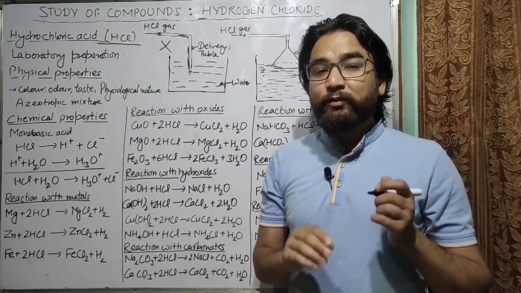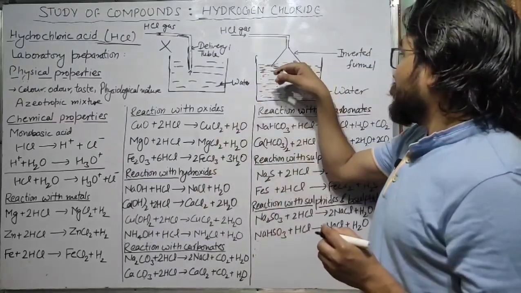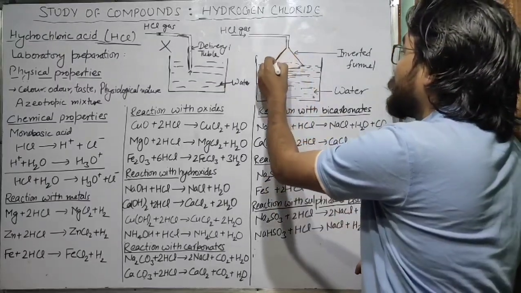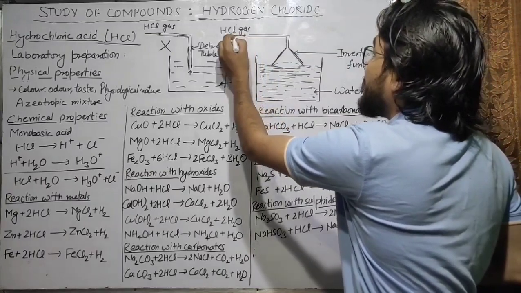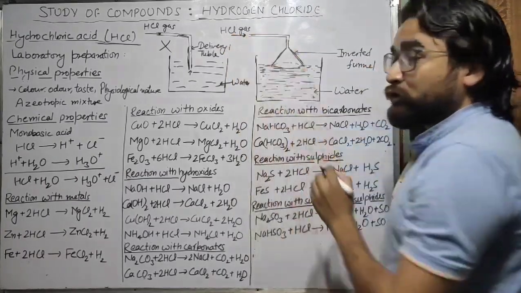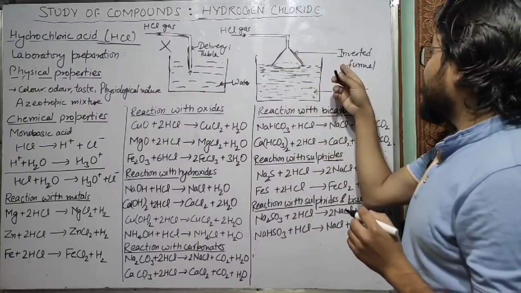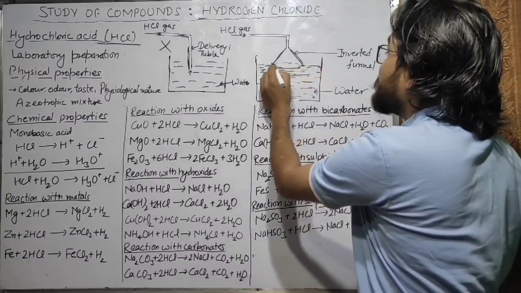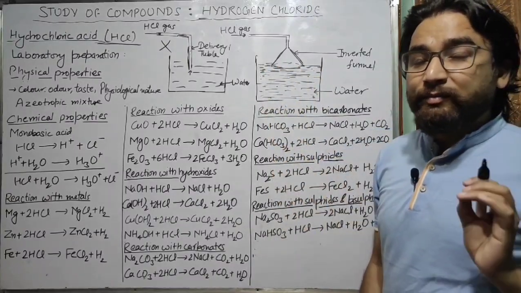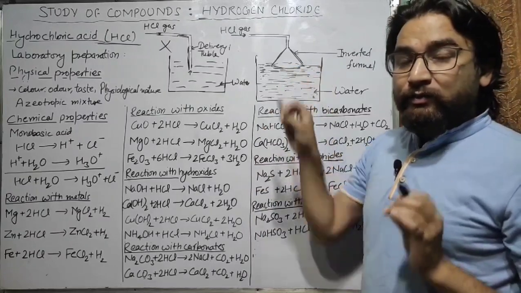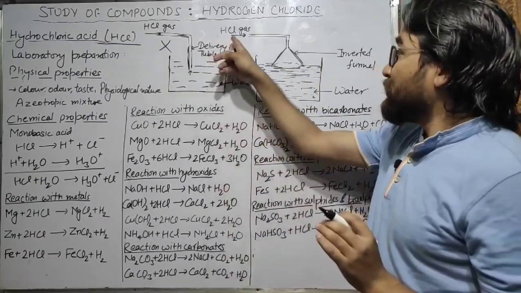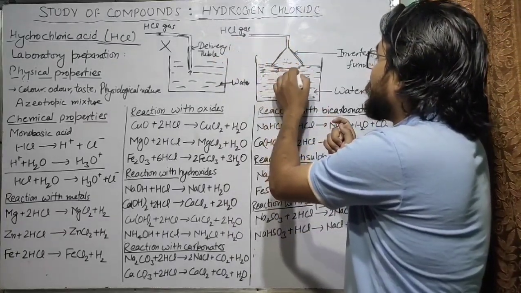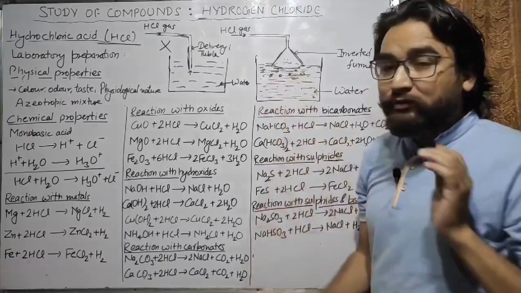There is a process which is known as the special funnel arrangement. You can see there is an arrangement. There is an inverted funnel, and the HCl gas is passed through a tube, and at the end of that tube there is an inverted funnel. The inverted funnel is arranged in such a way that it just touches the surface of water. So remember, the inverted funnel will just touch the surface of water. Whenever we pass hydrogen chloride gas, it will move into the water and water will absorb the hydrogen chloride gas.